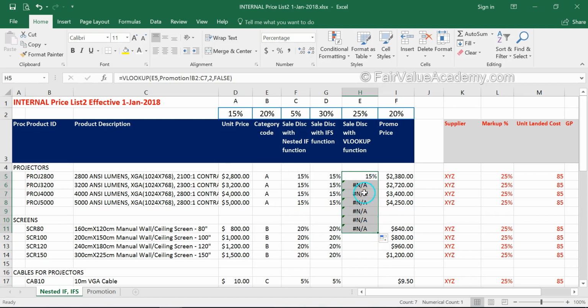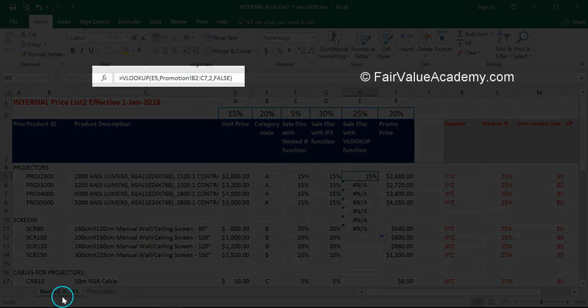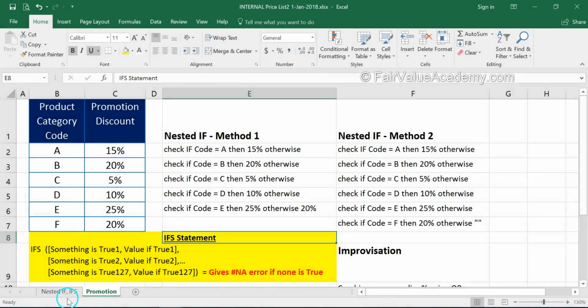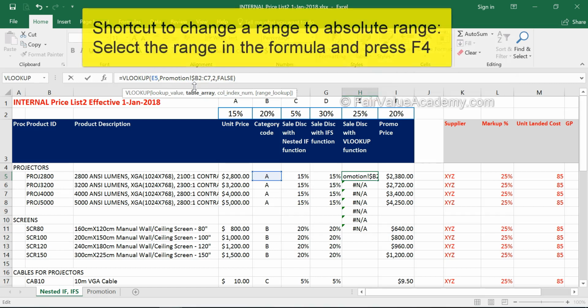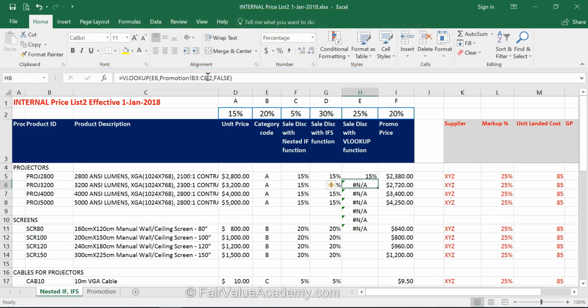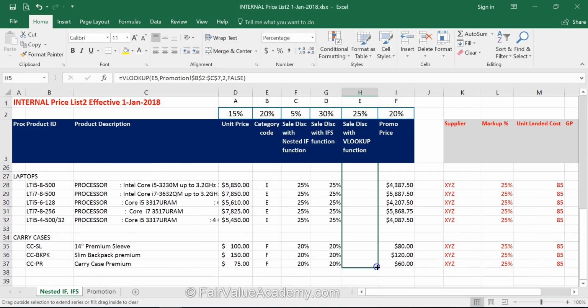We have error. Why is that? Because in this case too, you need to have absolute range. In this case, we chose the range B2 to C7 here. But the moment you go to the next row, the range changes to B3 to C8. Therefore, we must create an absolute range by using dollar symbols. So I'm going to add the dollar symbols before the IDs. So it is $B$2 to $C$7. And I click enter. And now I will drag the formula down.